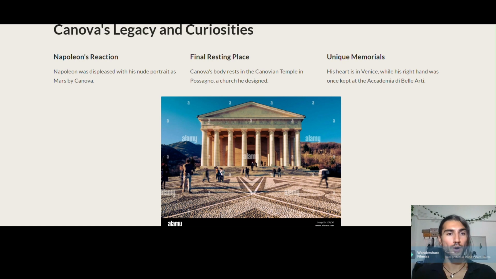So, to wrap up, the 18th century was a period of great change, reflected in the contrasting artistic styles of Rococo and Neoclassicism. Rococo, with its lightness and grace, represented the elegance of the aristocracy, while Neoclassicism, with its return to ancient ideals, represented reason, order, and morality. Antonio Canova was one of the greatest artists of this time, embodying the neoclassical ideas of harmony, balance, and calm grandeur. His works continue to be admired for their technical precision and classical beauty.